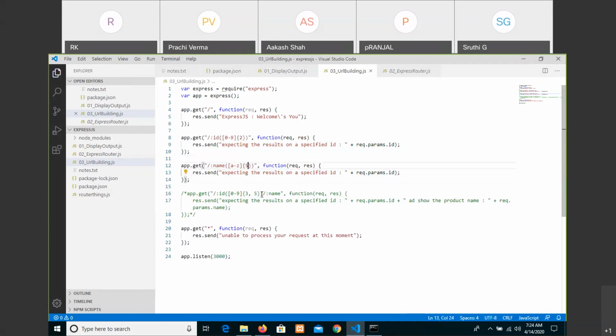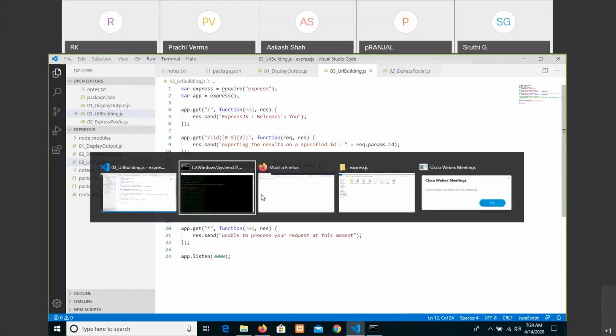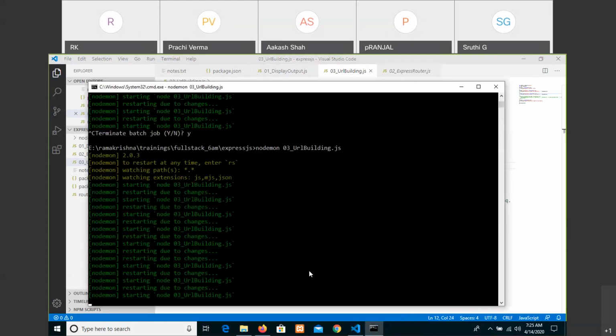But here you are fixing the number of characters, and it should not be fixed. It should be a minimum range to maximum number of characters.